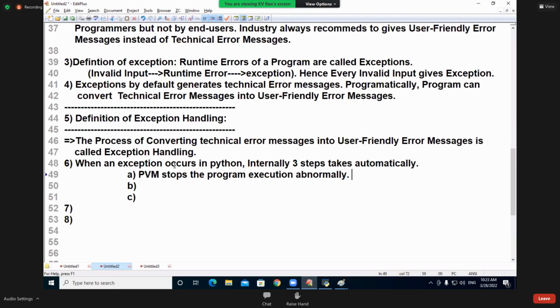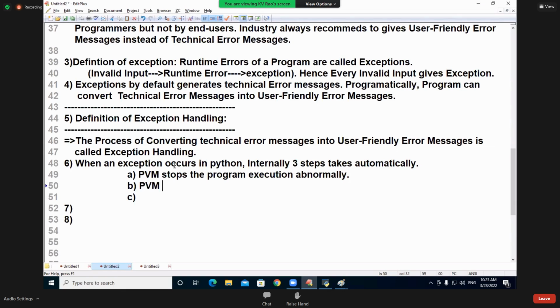The 5th line, there is an exception. 6 is there, 7 is there, 8 is there. Program execution successfully completed would mean 1 to 10 completely executed. But in the 5th line, there is a problem, an input problem. What happens? There only it stops the execution. It comes out and immediately gives which message? A technical error message. I'll show you that.